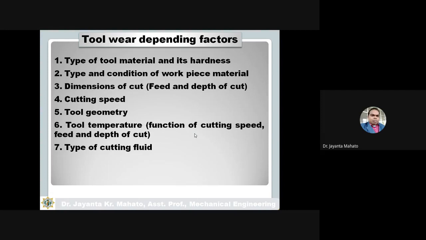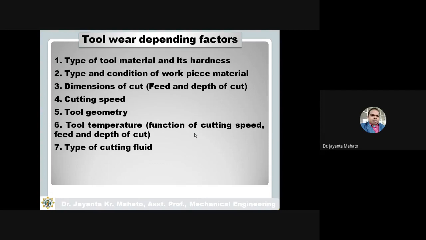Okay, type and condition of workpiece materials means जो workpiece में machine कर रहा हूँ, so this workpiece material type means is this workpiece a hard material or soft material or brittle material, means what type of material are you cutting? If it's soft material, then less amount of cutting force will be required. For hard material, more cutting force will be required. Okay, and for brittle material,